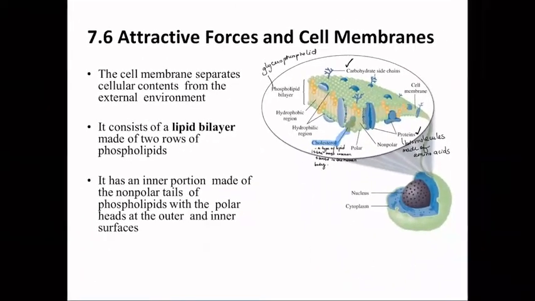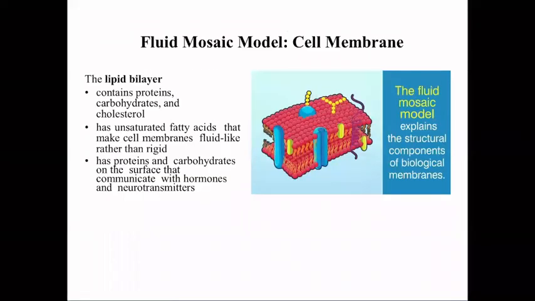Now, in addition to understand that cell membranes, because they're very diverse in their compositions, we usually talk about them in terms of the fluidity that a cell membrane has. So whenever we're describing a cell membrane, we always talk about the fluid mosaic model. And as you can see, the fluid mosaic model explains the structural components of biological membranes. As I mentioned a few moments ago, and you can see on the first bullet point, the lipid bilayer, remember,